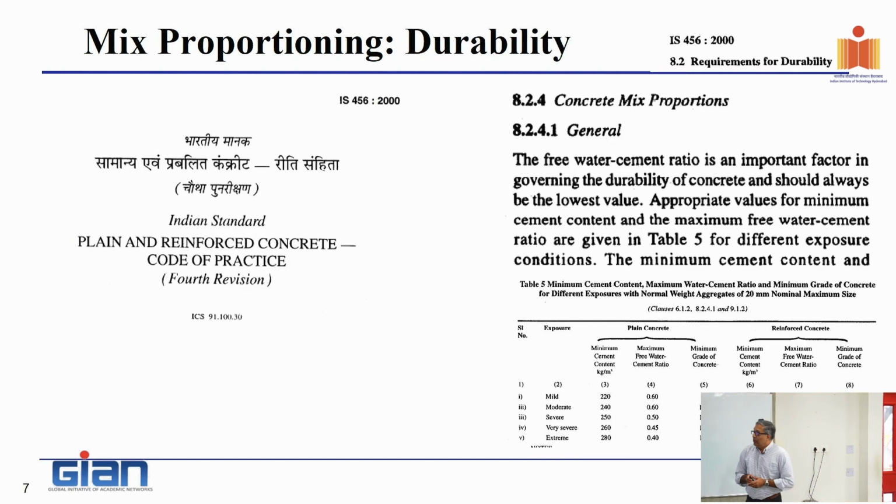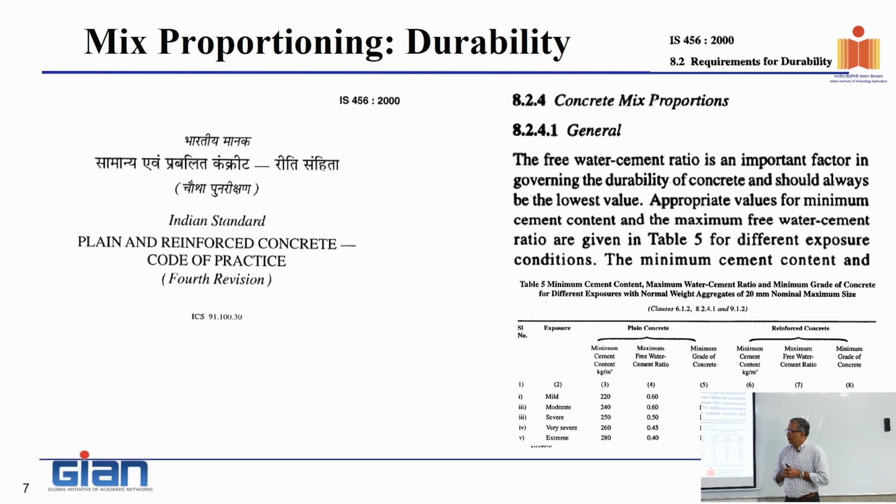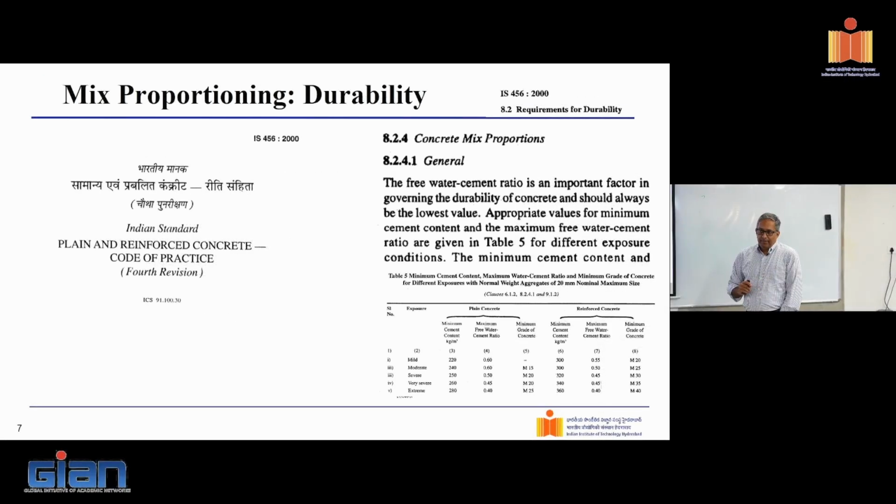Now, so we said strength, we've looked at it. Water to cement ratio is my primary lever that I'm going to press. The second thing is the durability. My concrete has to be durable. For this, there are provisions that are given in IS 456, which is the parent document for reinforced concrete design. There are a few provisions that are tucked away in here, which basically help guide you when it comes to assessing the issue of durability, right?